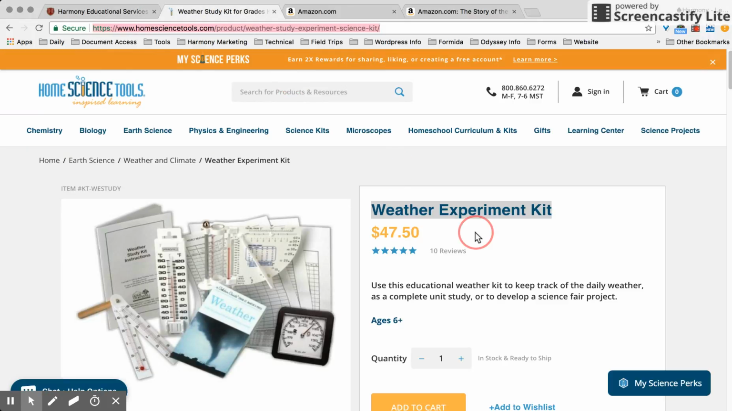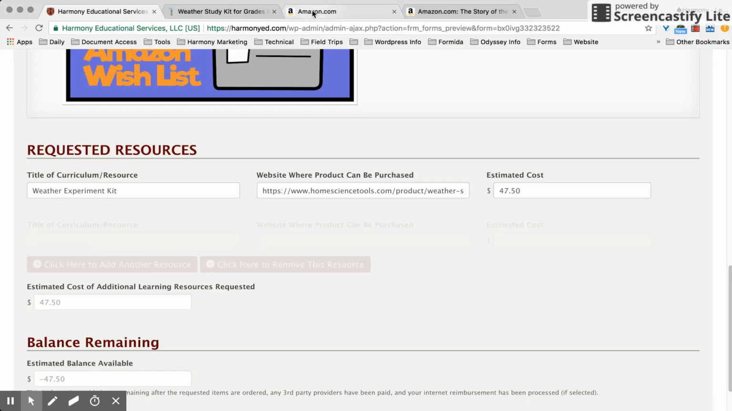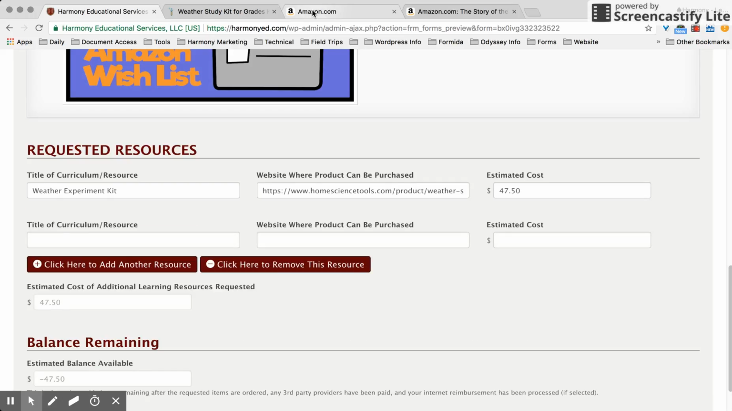And estimated cost, $47.50. Now I'm going to put that exact cost on here. This website does have some free options based on how much you order and stuff like that, so you'll have to kind of calculate that into the estimated cost. Okay, so now I want to add another order, and this time I'm not going to do an Amazon wish list because I just got a couple items here,